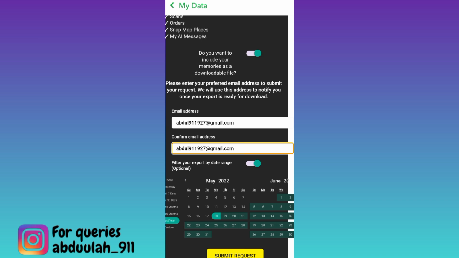file containing your deleted memories will be sent to your email address. Once the file is received, all you have to do is to download it and your deleted memories on Snapchat